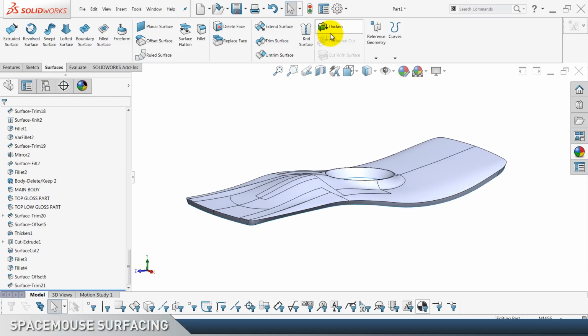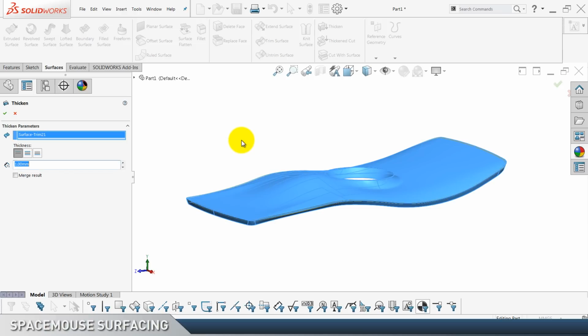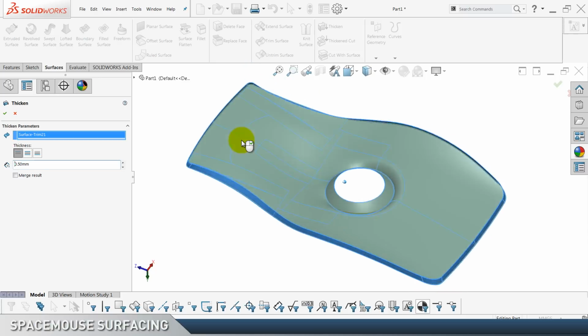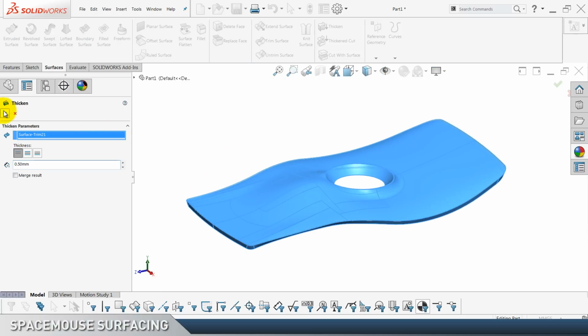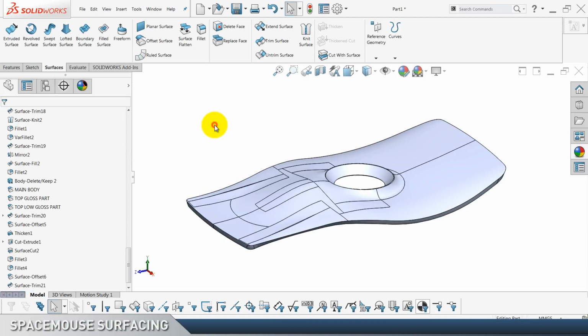So thicken by 0.5 to the inside, as you can see, and now let's see, is it gonna work? It's gonna take some time, but it does work. Save,